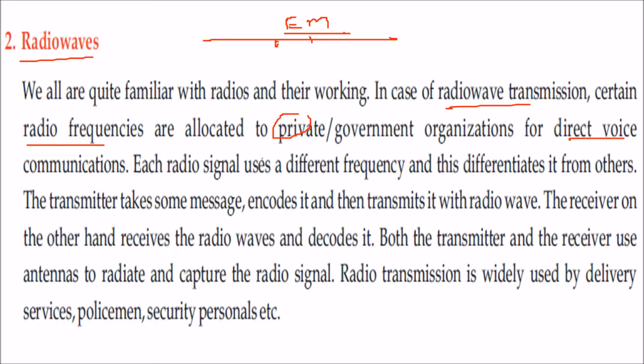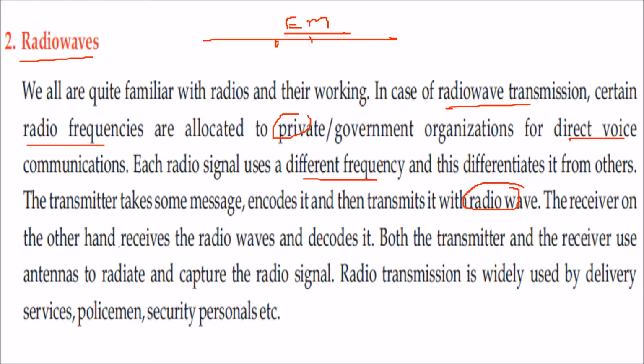direct voice communication. These radio signals use different frequencies, and this differentiates one from another. That is why some are called microwave, some are called radio waves, and some are called different C band, L band. These are all frequencies. So the transmitter takes a message, encodes it, and then transmits it through radio waves,